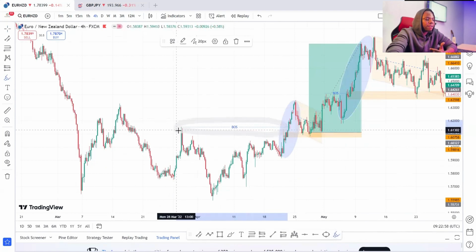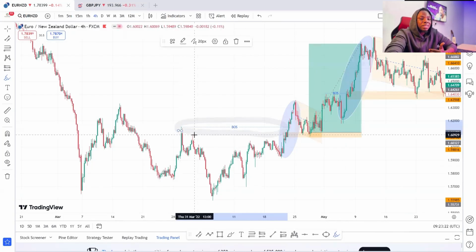If you notice what we have here, at this junction we have a break of market structure to the upside. Note guys, markets must break structures. This is very, very important. You must see the market, you must understand the direction of the market. So don't just go and be looking for impulse and correction and you don't master your trend. The trend is your friend. So immediately you understand that okay, the trend is going up, then you are taking advantage of the lower time frame, your internal structures, to get this done.